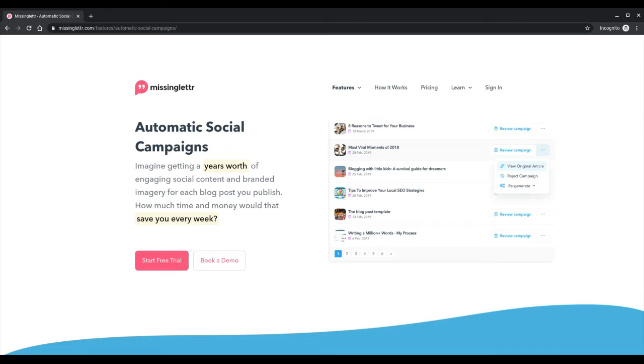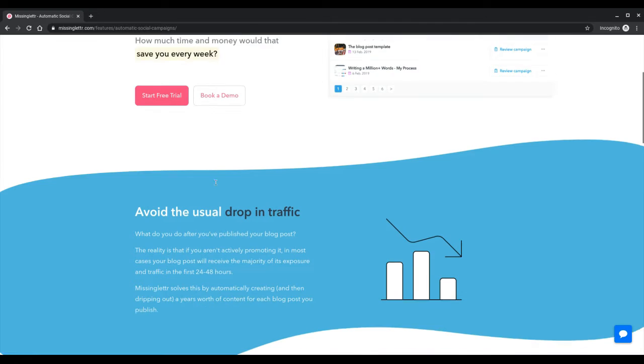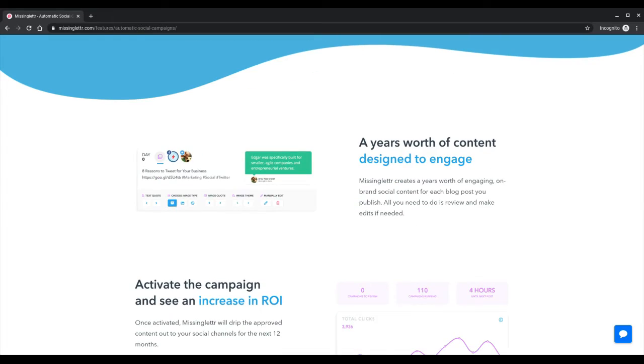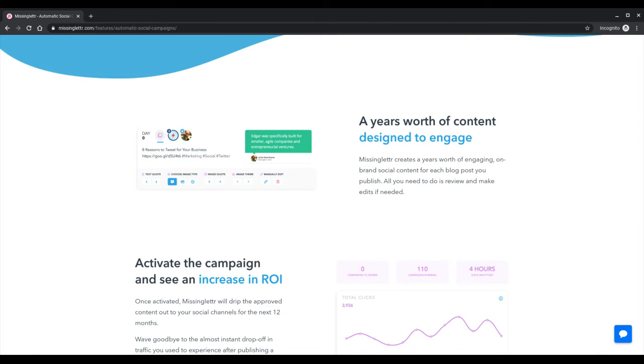So when you come in to do an automatic campaign, you'll be able to review it, you'll be able to regenerate it or reject it. So if it's an announcement post that you wanted to send out and it doesn't really need to keep going out, then you can reject the campaign or just get rid of it on Missinglettr. That way it doesn't regenerate and create another campaign for you. So they really work at helping get your content moving without you having to create different posts for each one